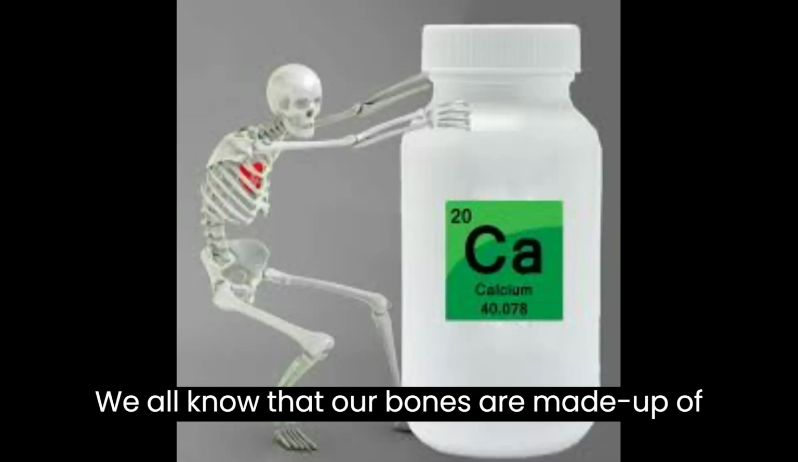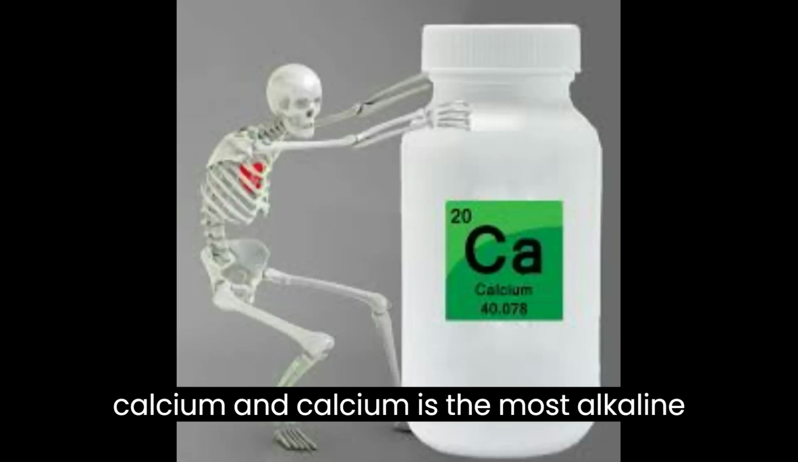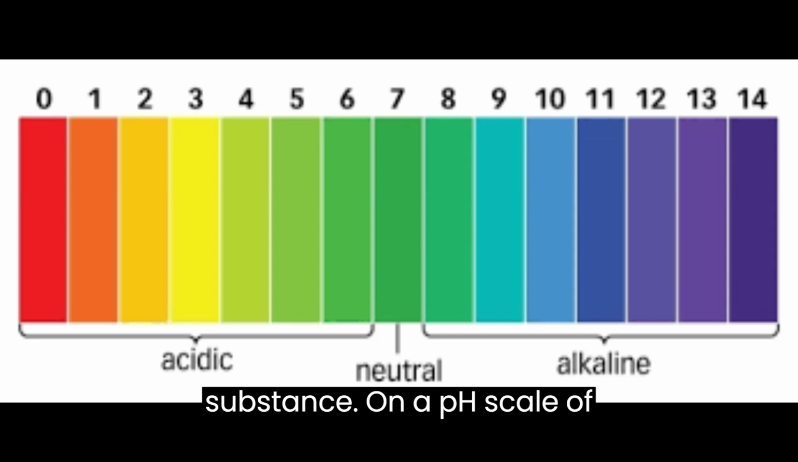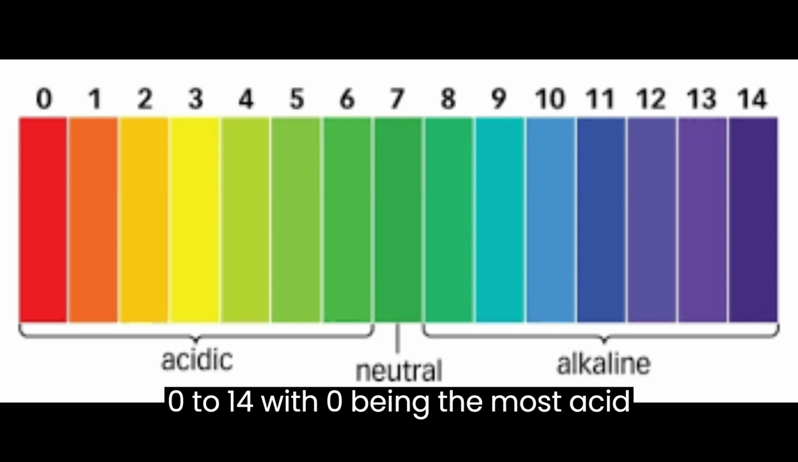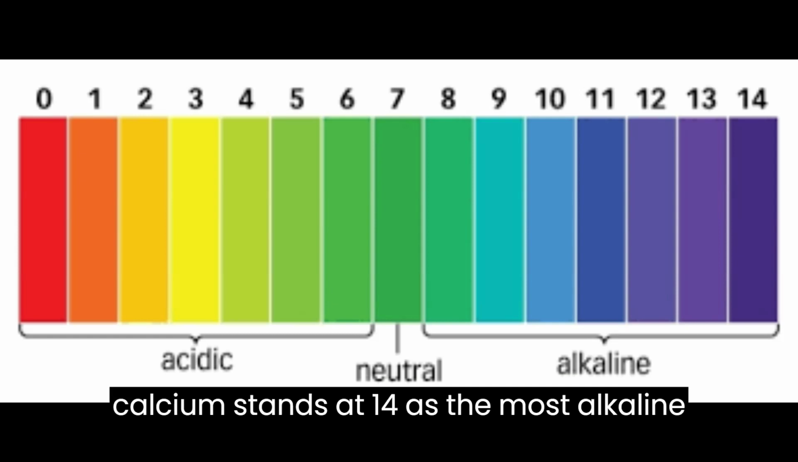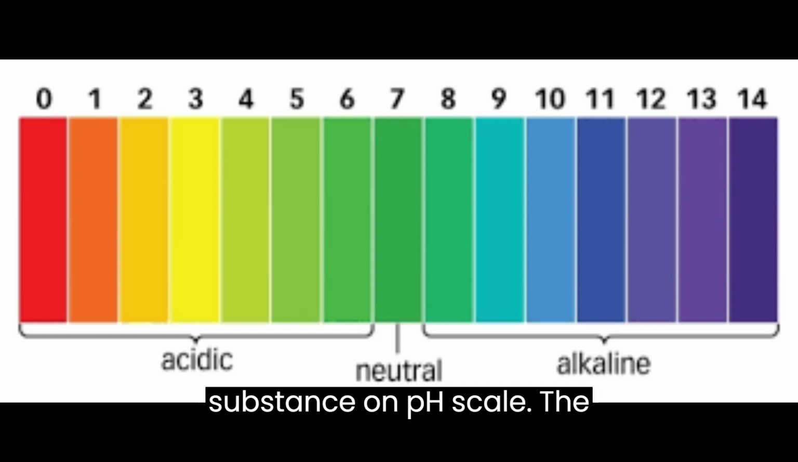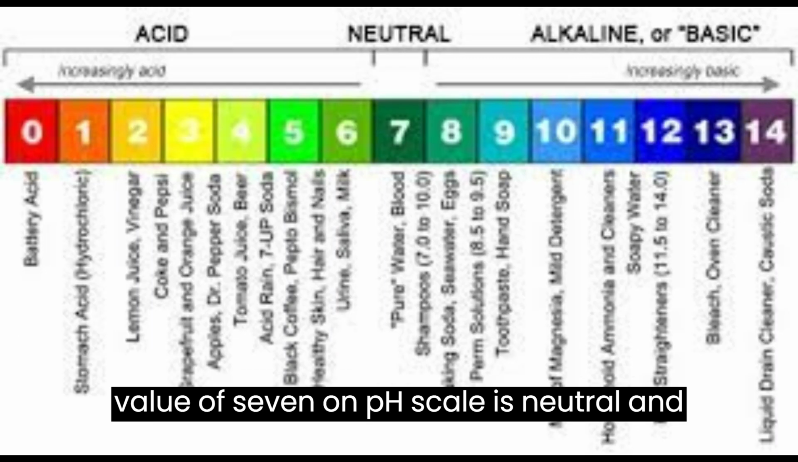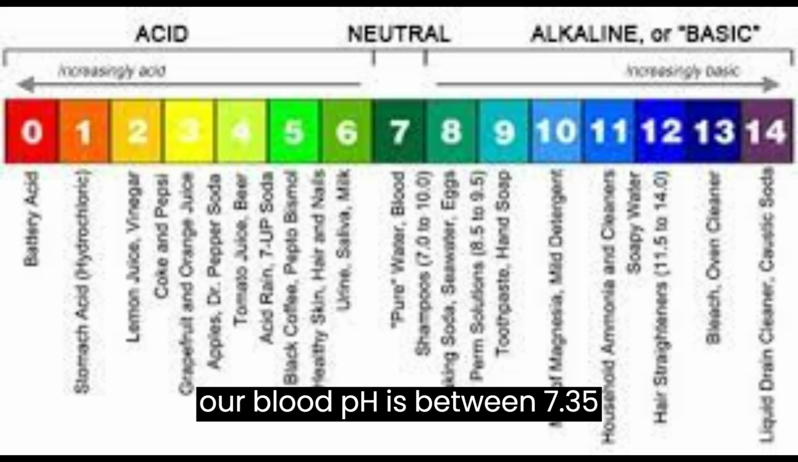We all know that our bones are made up of calcium, and calcium is the most alkaline substance. On a pH scale of 0 to 14, with 0 being the most acid substance like sulfuric acid, calcium stands at 14 as the most alkaline substance on the pH scale. The value of 7 on the pH scale is neutral,